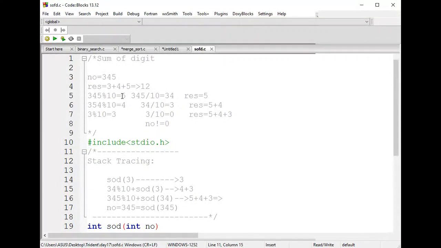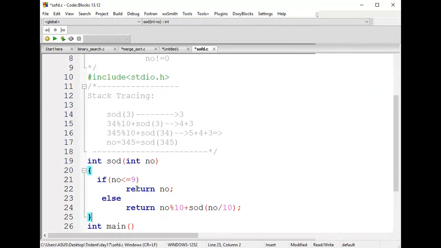I'm taking first 5. So at the next step, if you're supposed to reverse the number, first you take 5 and next take 4. Add 4 at the tens place of your 5. Again take 3, add at your ones place, not tens place, of your 4. So what happened? Take 5, multiply 10, add 4. Take 54, multiply 10, add 3. You'll be getting this number.